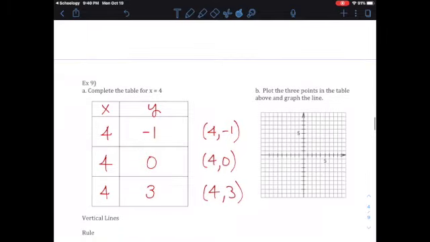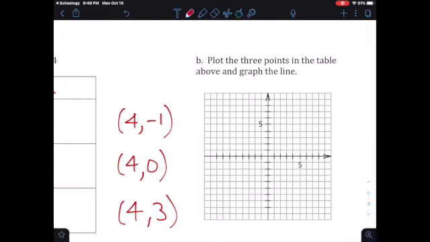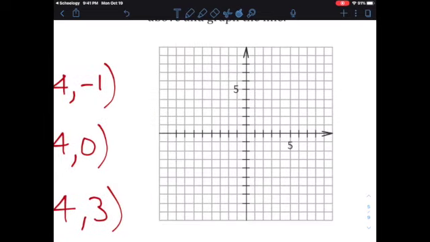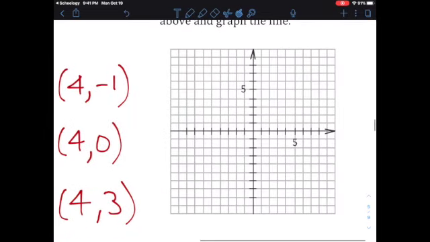And the ordered pair right here is (4, -1), 1, 2, 3, 4, and then -1. And you have (4, 0) right here, and (4, 3). And if you connect the dots,